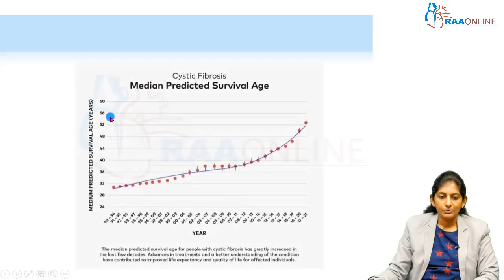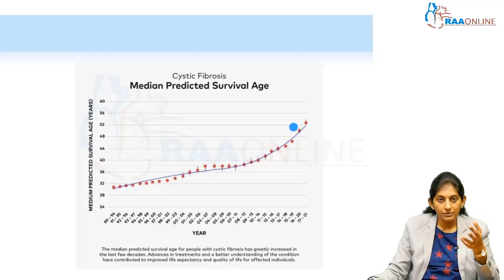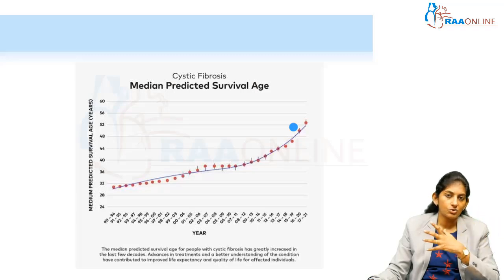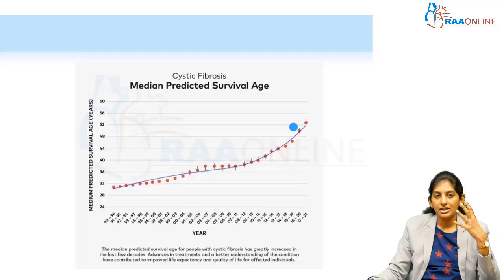Over the last 30-40 years, the survival age of cystic fibrosis has dramatically increased. Maybe because of awareness, better prophylaxis with drugs, better understanding of acute exacerbations and the immediate responsive treatment that we give to these children, the chest physiotherapy, the mucociliary clearance techniques, etc. So maybe the comprehensive treatment that we have started providing to these patients has improved the survival.